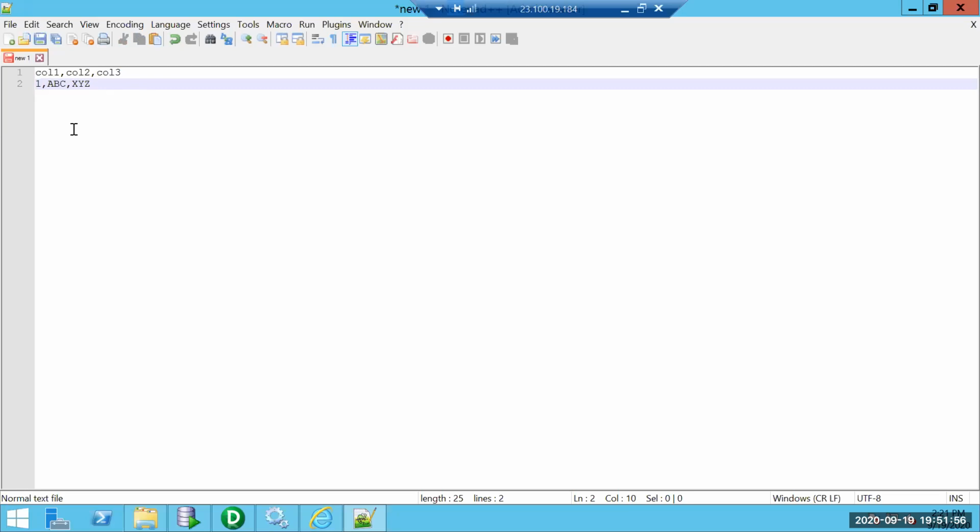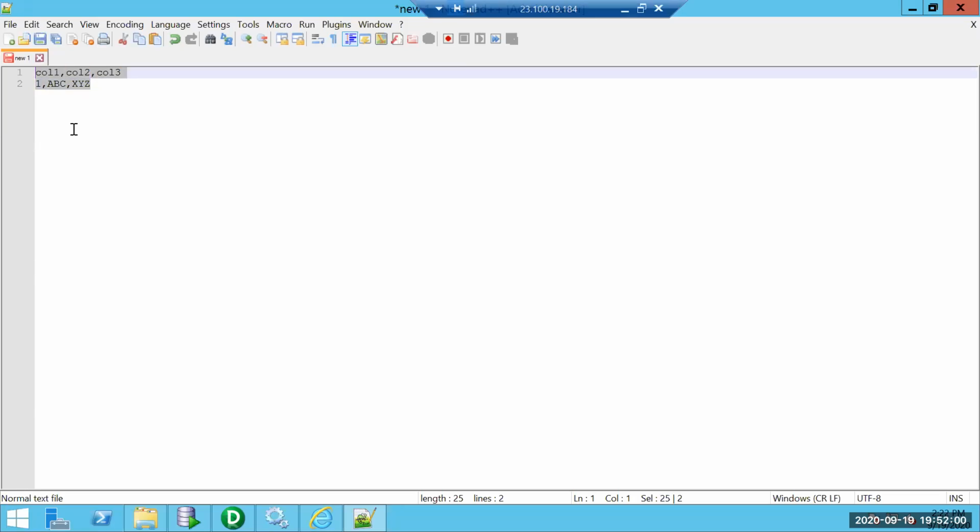The major difference between fixed width and delimited, as we have seen, is that fixed width has a fixed number of characters, so it does not have a separator. Let's suppose I have a column called employee ID, which is 4 characters. In the case of fixed width, usually we don't have column headers.